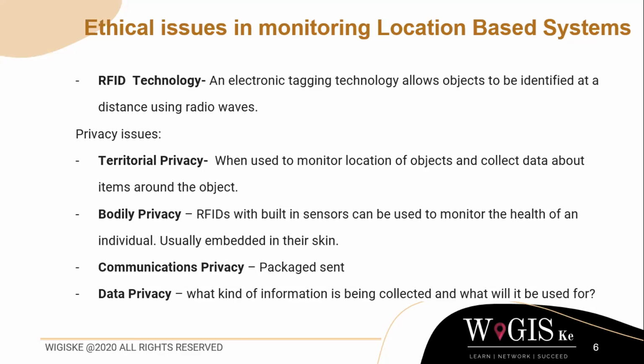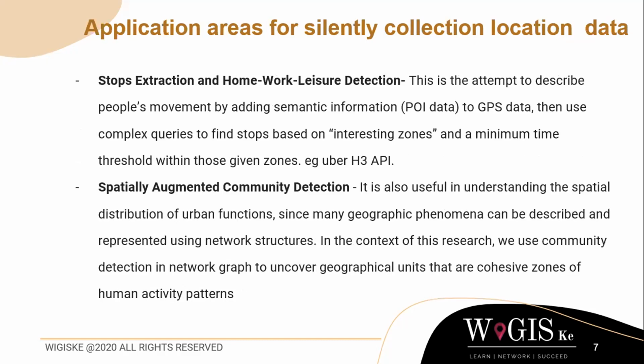So these are some of the issues that we need to be aware of. Even if you're using a device like a GPS device, there's ground for explaining exactly what you're doing to the people that you're probably delivering the survey to, or you're using the questionnaires on. So there's been some ways that scientists have come up with to use silently collected location information. And silently collected information in this case, for example, let's use the example of Uber.